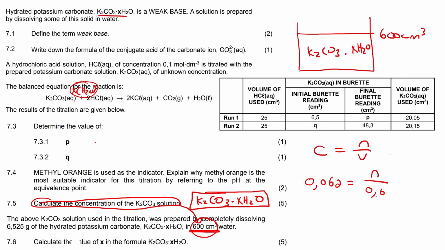If you're feeling a little confused with this question, it is very weird. I don't like it too much, but you might have to just watch this a few times and you'll get it. Okay, so now we have the moles of the K2CO3 hydrate, which was originally from this big